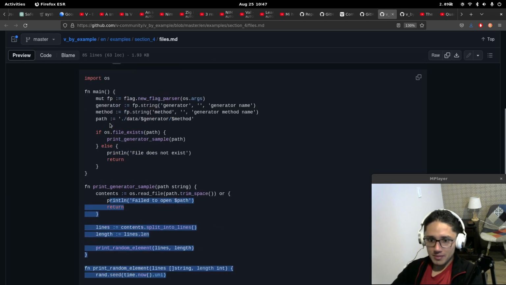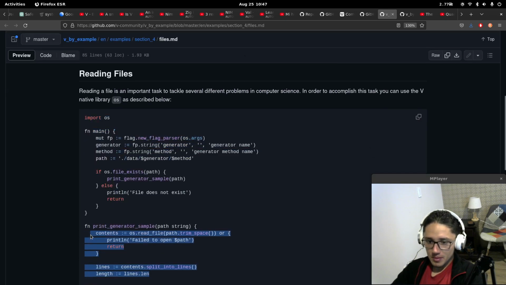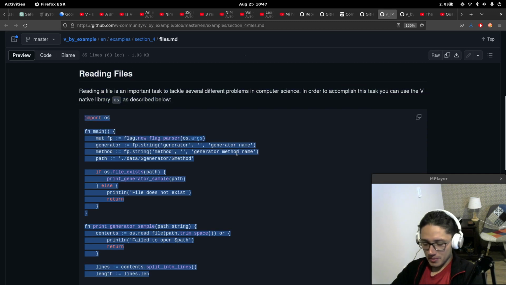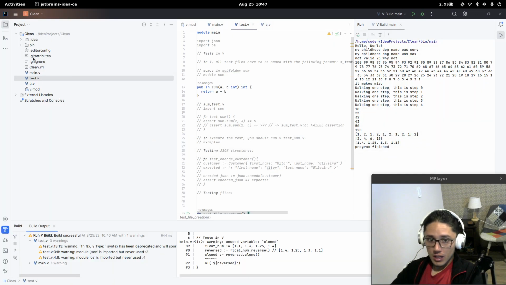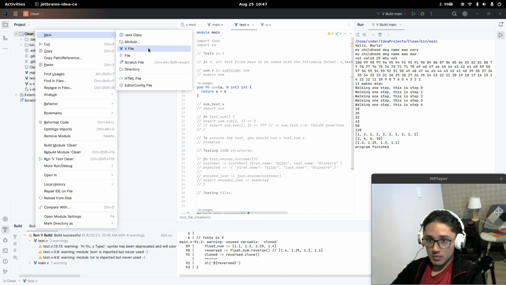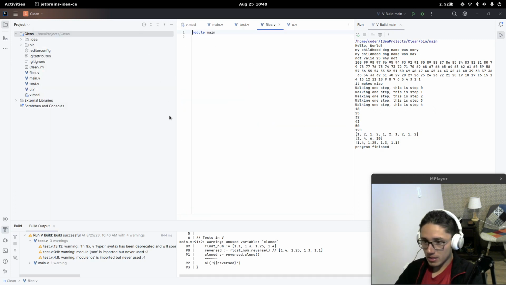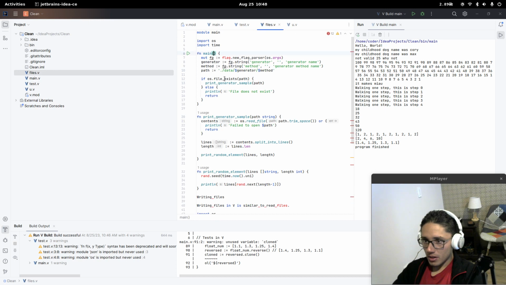Okay, I'll copy all this. Yeah, I'll refactor it. So I will go here, and I will create a new B file, which I will call files.b. Okay, I will paste it,